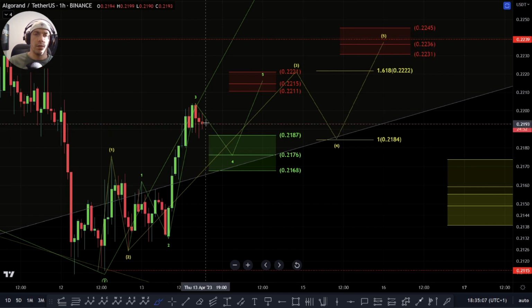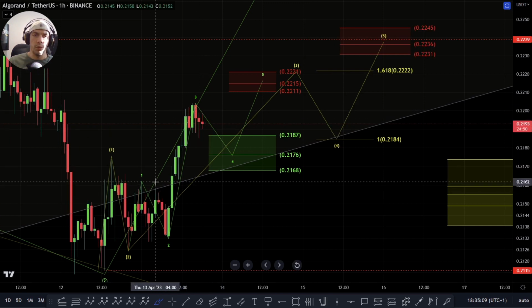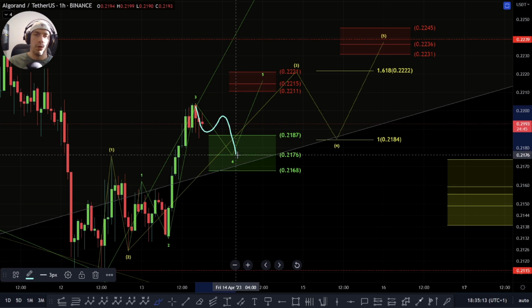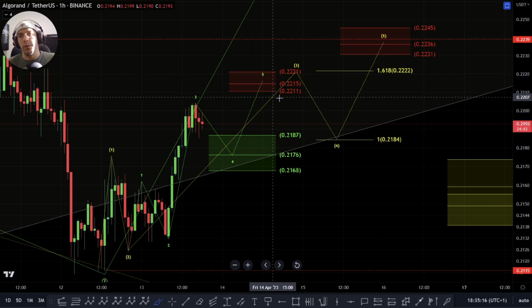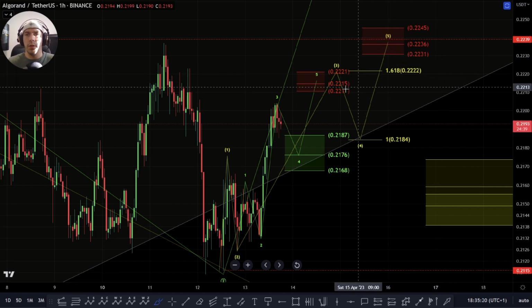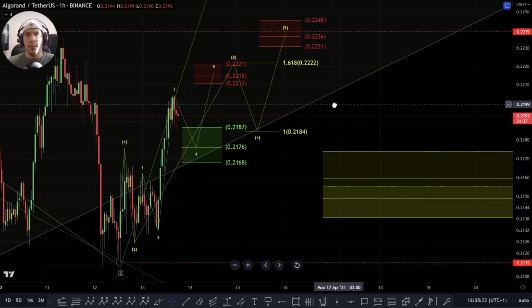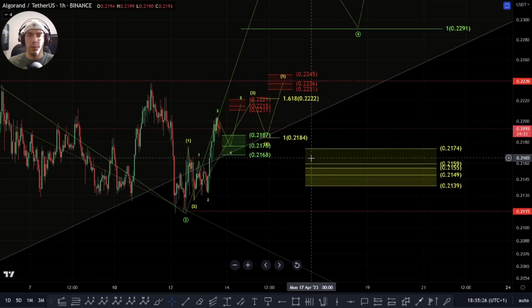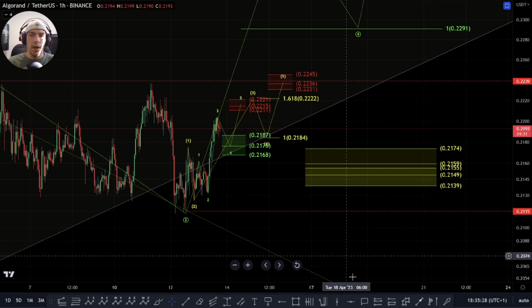So what I'd like to see is basically this move to stay above this 2162 and see a three-wave move down here, followed by that fifth wave to the upside. And then from there, if we do cross this 2222, we'd be looking for an additional fourth and a fifth. From that point, unless we directly look to push up in a more impulsive way and this extends out,